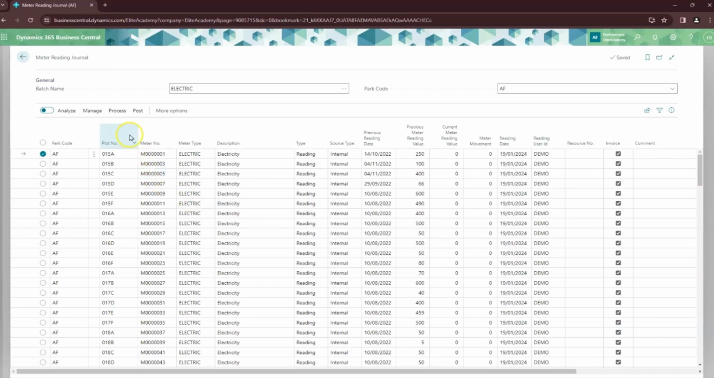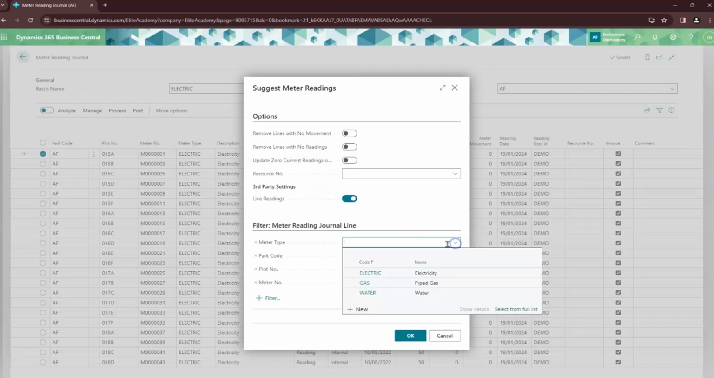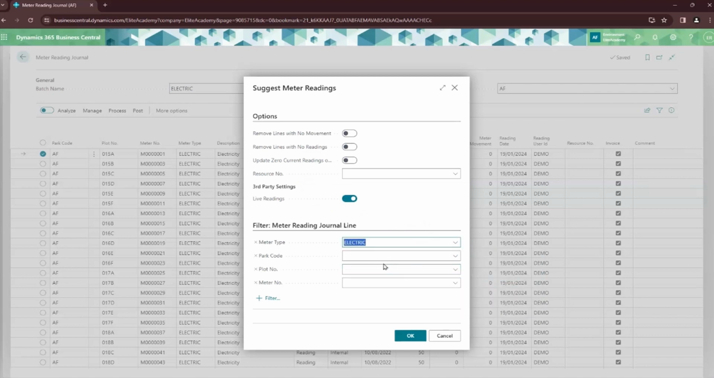So to do this, we can go process and we can suggest meter readings. The toggles just here, we're going to ignore for just now, and I'll demonstrate these in a second. We're going to click to say we want a live reading, the meter type, we want electric, and as always with these filter options, if you left these blank, it would actually just sweep up all of them that are available. But just for speed, we are going to filter it down to the park and the meter. We click OK,